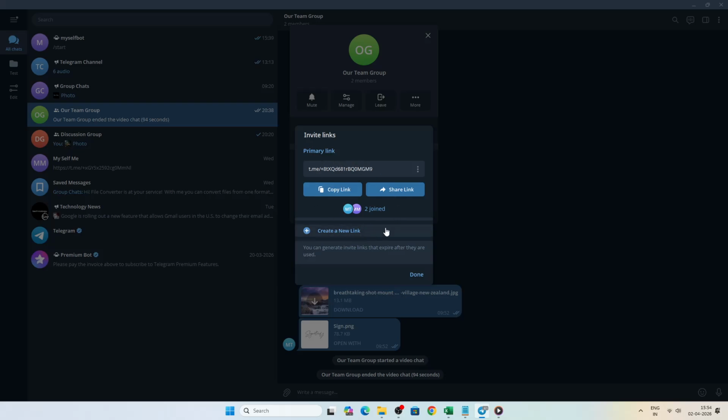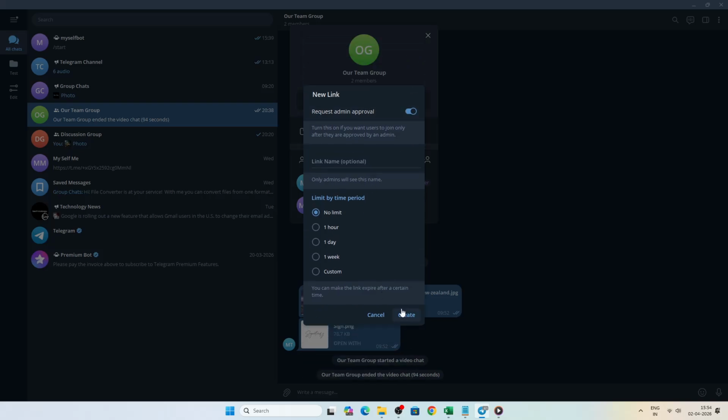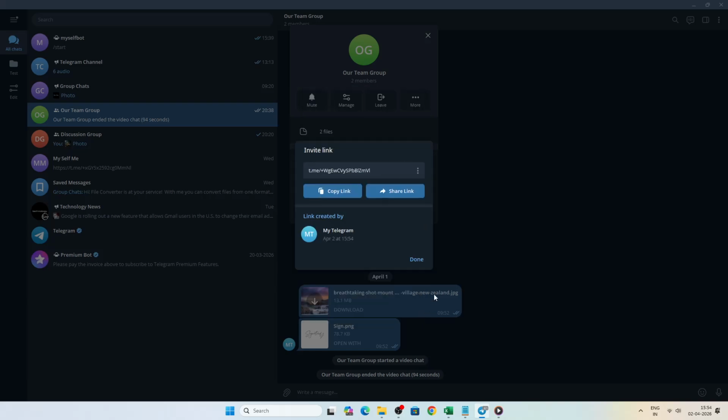A public link is easier to remember and can be shared widely, while a private link is more controlled and can be reset at any time. Create the link that suits your needs, then copy it from the group info section. Now share that link with members from the old group. You can paste it into a message in the old group, or send it directly to specific people if you